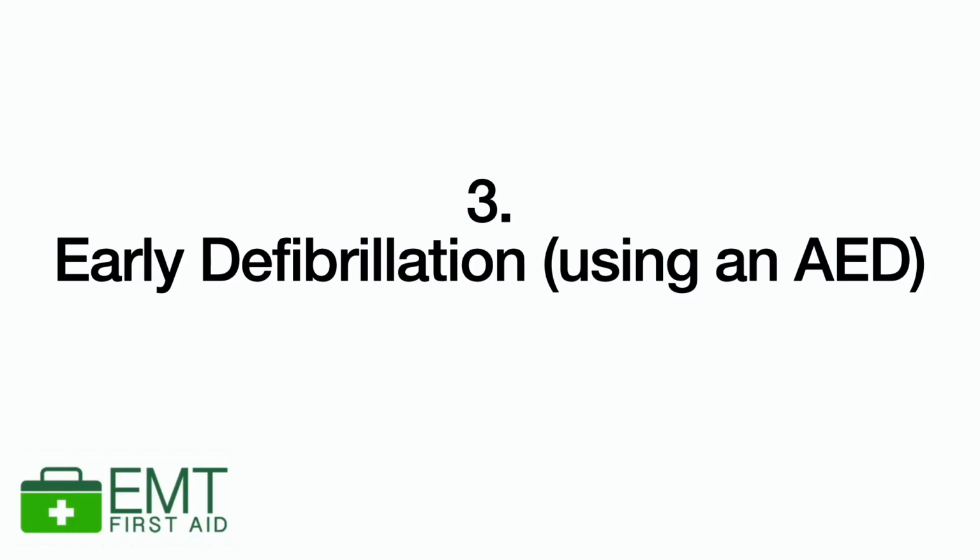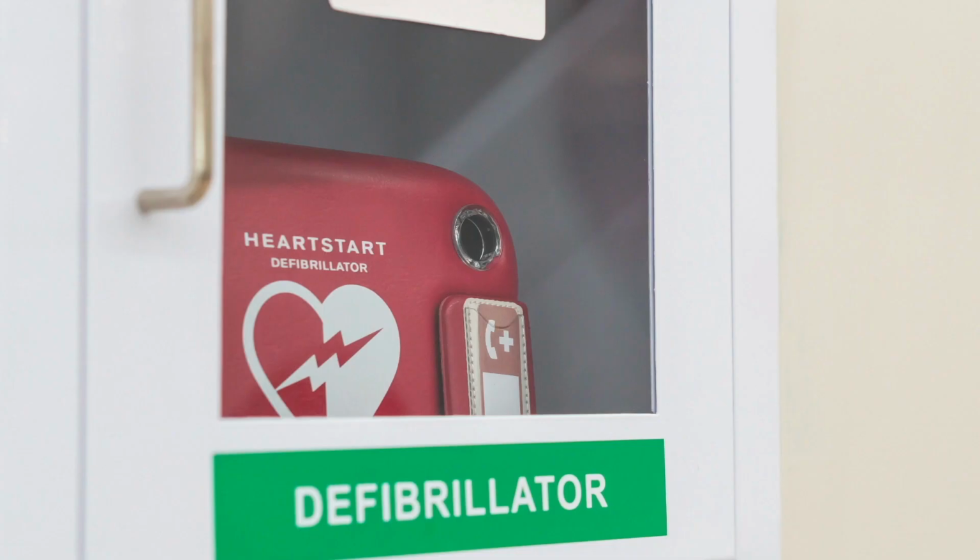The next link in the chain is early defibrillation, using an AED. So if you have access to an automated external defibrillator, then you need to use it. The quicker you get one there to the patient, the better that person has of surviving. What an AED actually does, it interrupts the abnormal twitching of the heart, and it can reset the heart so it begins beating normally again. We'll talk more about that in a